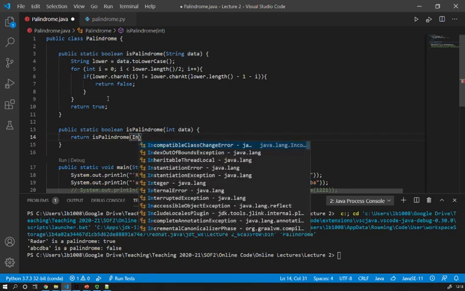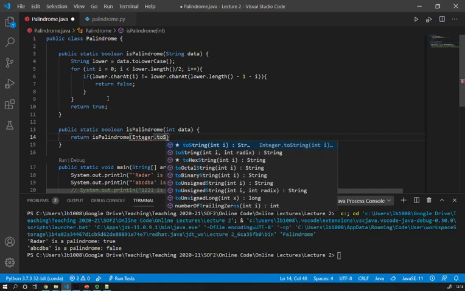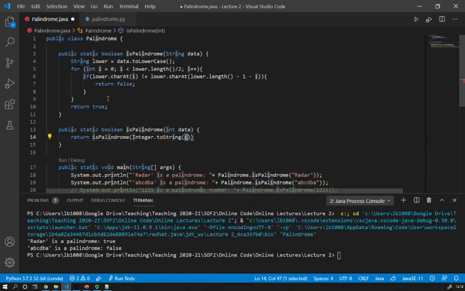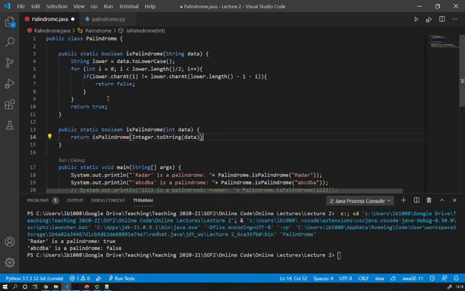So I'm going to use Integer, and then I've got a method toString, which is pretty useful for me, which takes an int as a parameter. In that case, I can put data. It's going to convert that into a string. Then that string is going to go to the method isPalindrome, and it's going to return the value true or false, depending on whether the number was a palindromic number.